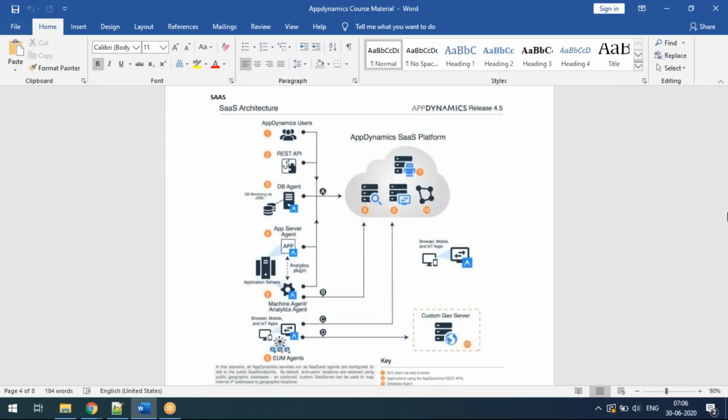Today I'm going to give a little more. So basically, this is the SaaS model, software as a service, architecture diagram of AppDynamics.